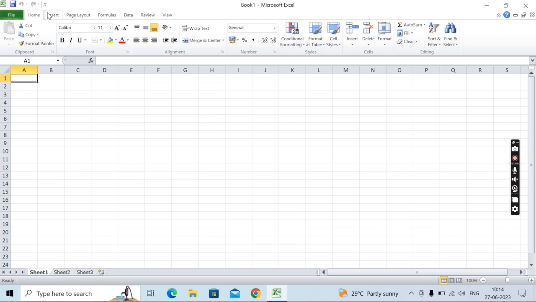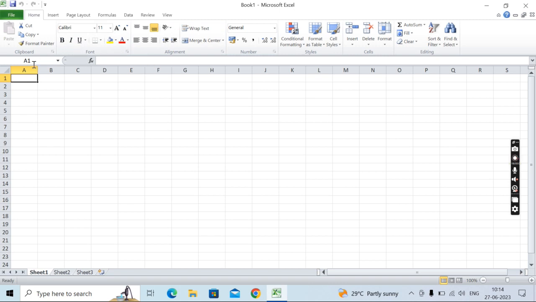At the bottom of the title bar there is a ribbon area. On this, at the top of the ribbon there are some options given, like Home, Insert, Page Layout. These are called your tabs. Below that it contains some command buttons. These are used according to the need, and at the bottom of this, every command button group has a particular name. This name denotes a group of those particular commands.